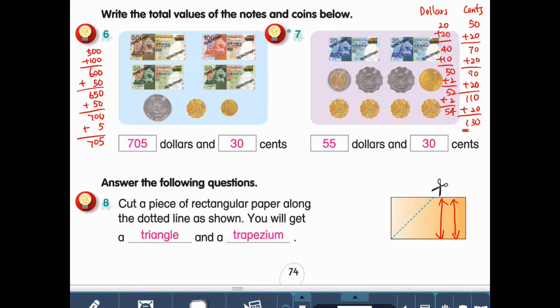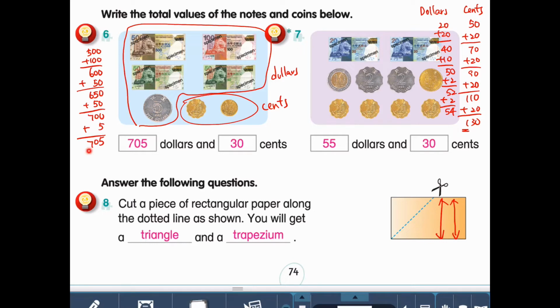This is the bottom part of page 74. Question number 6. Once again, you divide the money into dollars and cents. So for the dollars part, you add them all up and you get $705. And then for the cents, 20 cents plus 10 cents, we have 30 cents. And for question number 7,